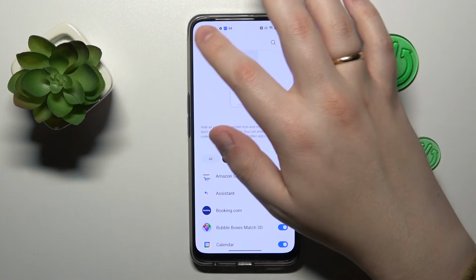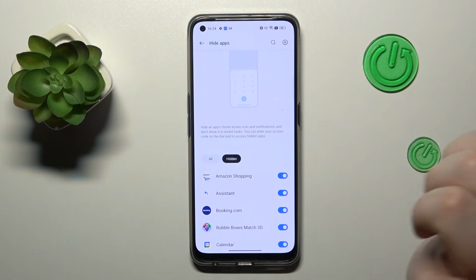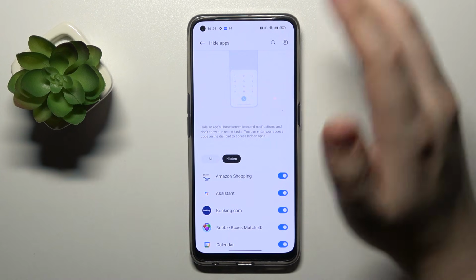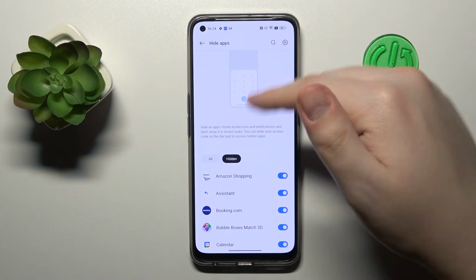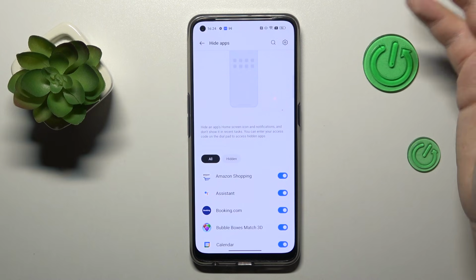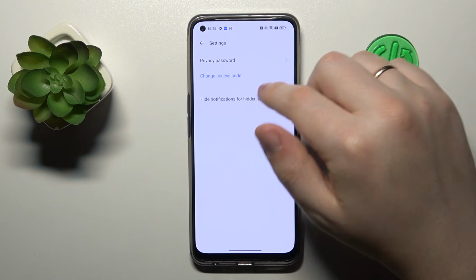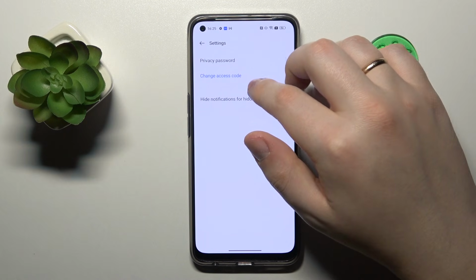If you forgot your access code, this dial-up code that I've entered at the phone app, but still remember the privacy password, you can enter the hidden apps menu over here. You can change the said access dial code by tapping at the gear icon over here at the top right corner of your display, then go for the change access code,